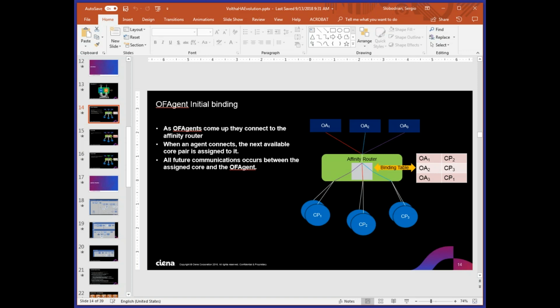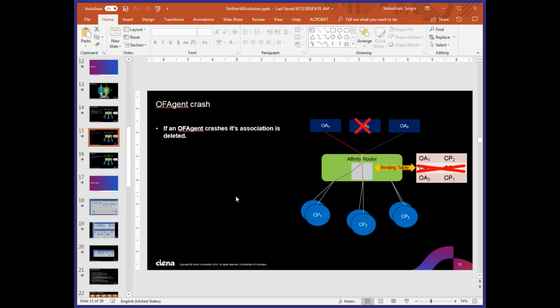If a server goes down, it doesn't matter, because one of the 2 instances of any one of those pairs will remain. In one case, both will remain. In 2 cases, at least one will remain. So a server going down won't break that binding. The only thing that can really break the binding is if the OFAgent crashes or goes down and a new one gets respawned. And it's very simple, because if you look at the next chart here, if an OFAgent goes down, then what happens is that